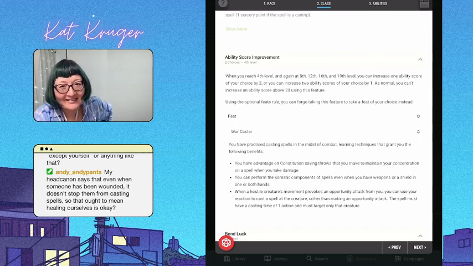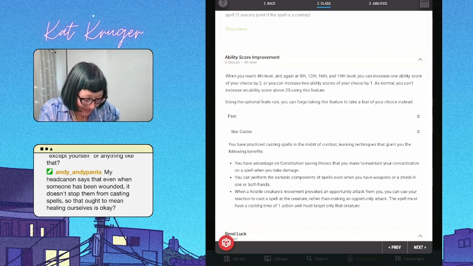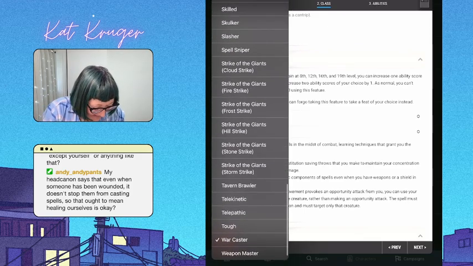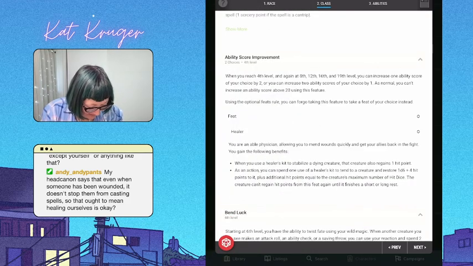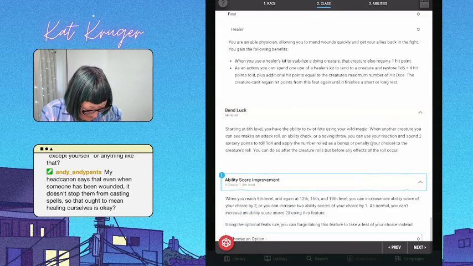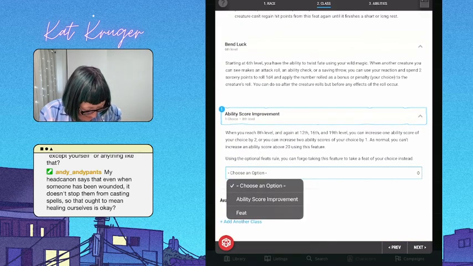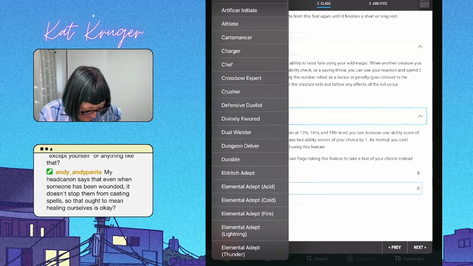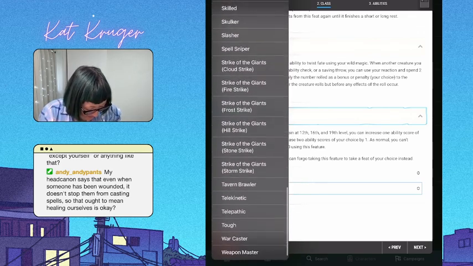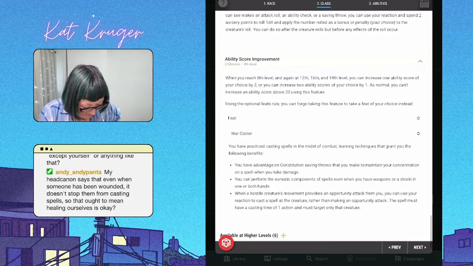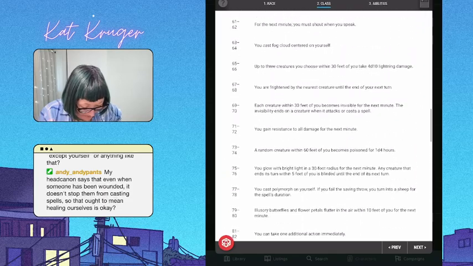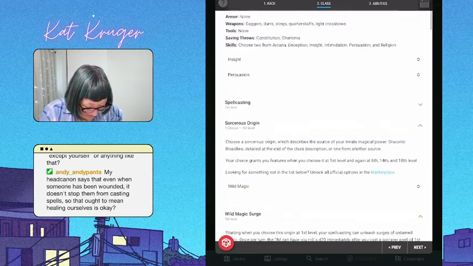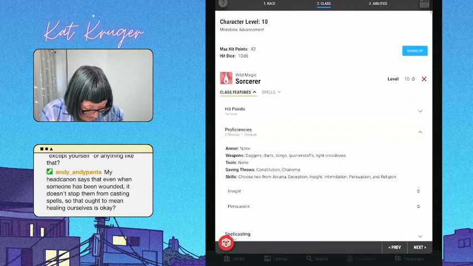Andy, I actually think you know what? I'm gonna say let's do healer and warcaster because I agree. And also if we have a sidekick, that's gonna help as well. I feel like these two things are gonna ensure that we have a character that can survive and hold their own. All right, the next thing we need to do is